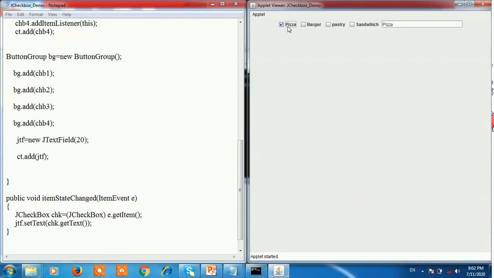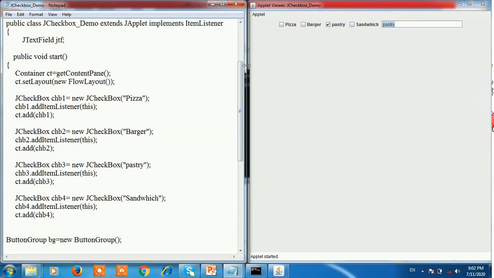That will be returned and stored into the JTextField object jtf. So when you click on pizza, the pizza name is displayed in the text field. When you click on pastry, then the pastry string is displayed in the text field. This is a sample program of the JCheckbox demo.